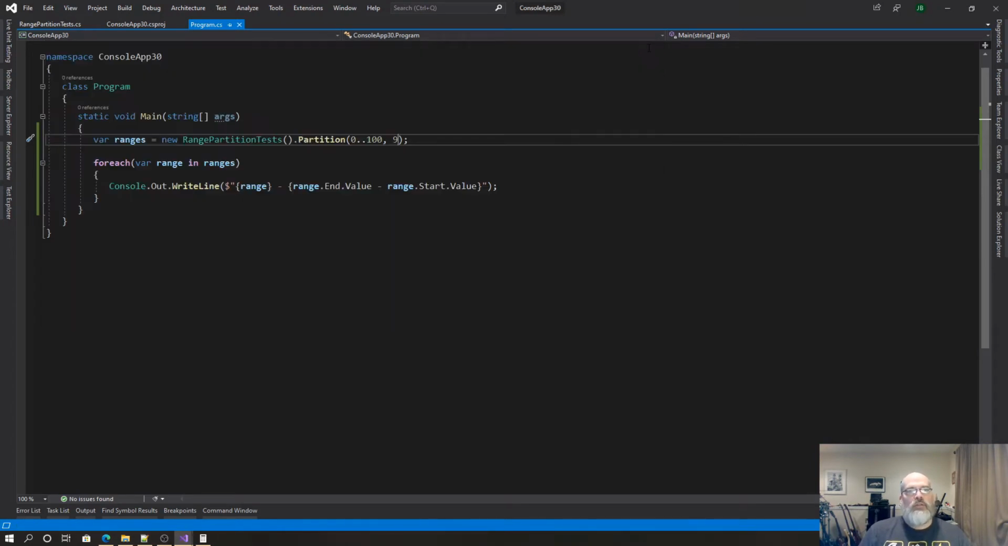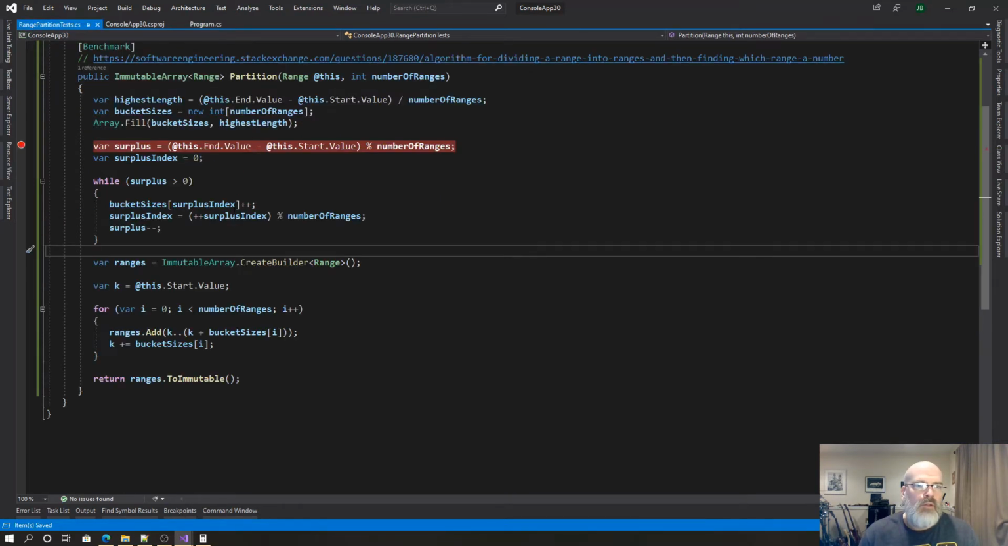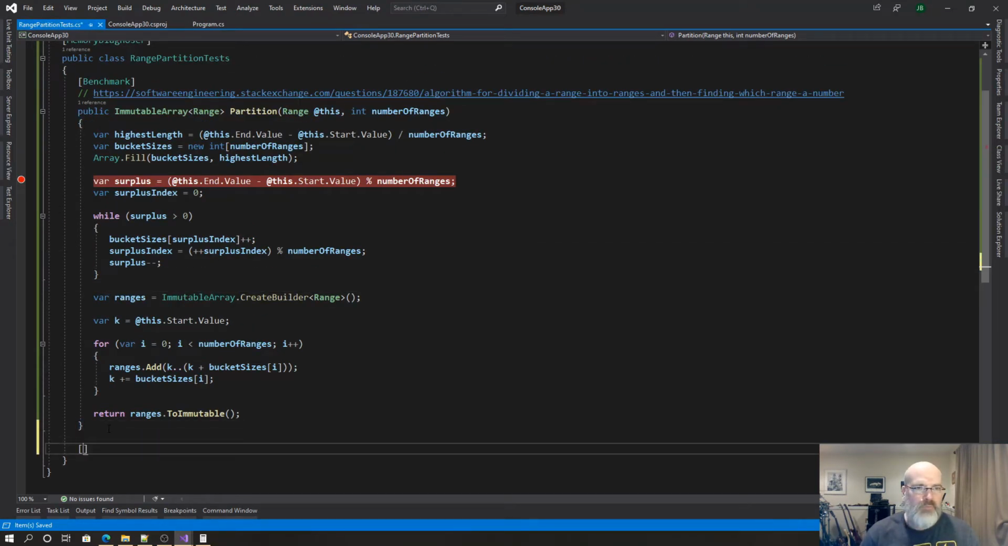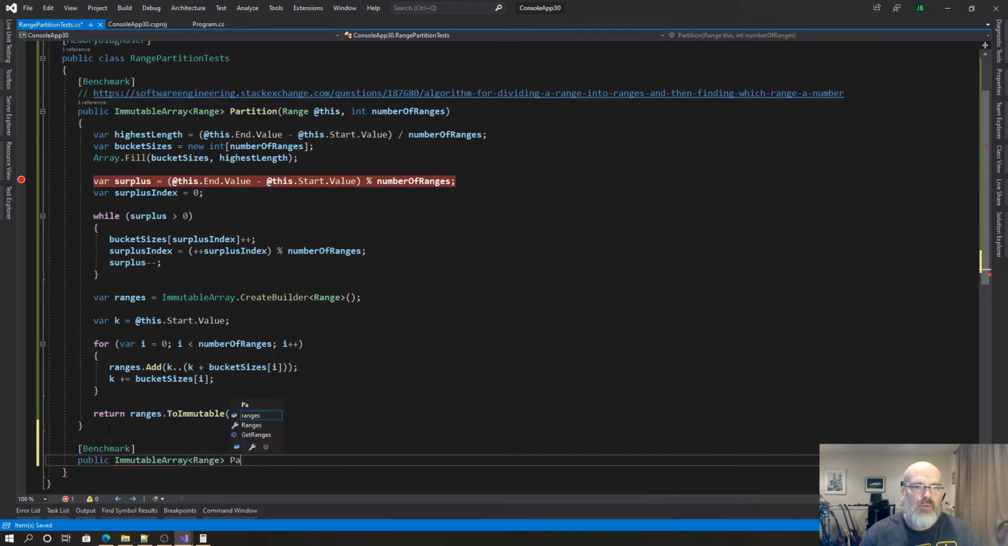All right. Okay. So this is fast-ish. I don't know how fast, though. We're going to find out. But I first want to say, hey, can we do this so that we don't have to keep an array around? All right, so we're going to say benchmark public mutable array of ranges partition with no array. So we take a range,